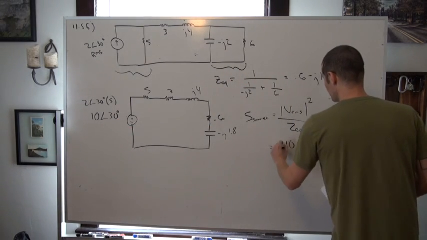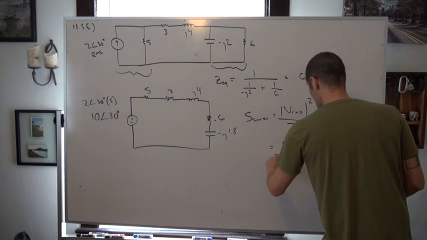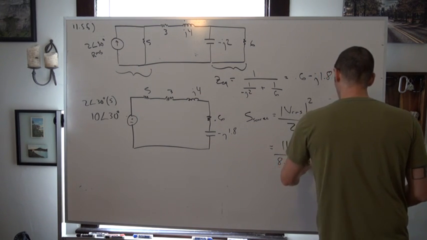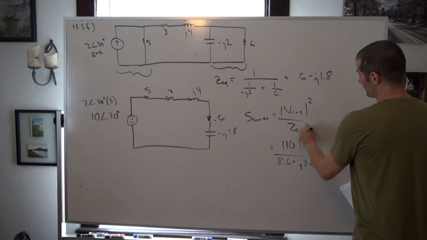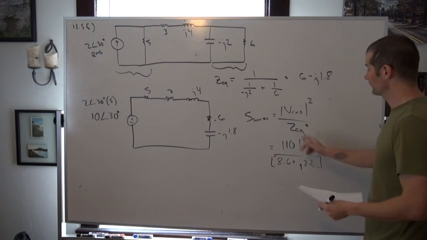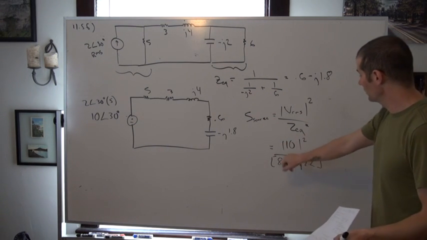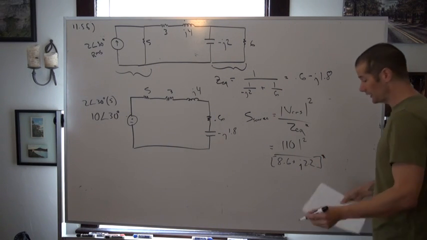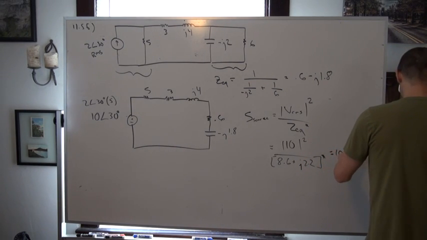10 squared, and then we divide that simply by the summation of the impedances, 8.6 ohms plus j2.2 ohms, and that we have to conjugate. Don't forget right here ZEQ, we have to conjugate that. I apparently didn't write that down. Here we got 10 squared over 8.6 plus j2.2 conjugated, and then that comes out to be equal to 10.91 plus j2.8